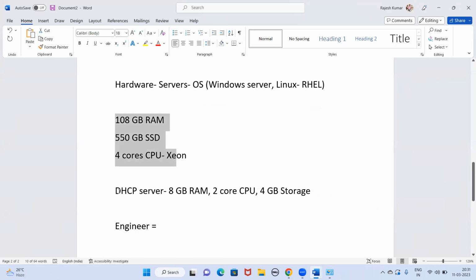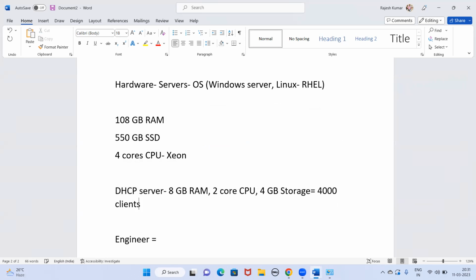Why? Because the current DHCP server is allocating IP addresses to around 4,000 clients. We have 4,000 client systems and our DHCP is singly providing the dynamic IP